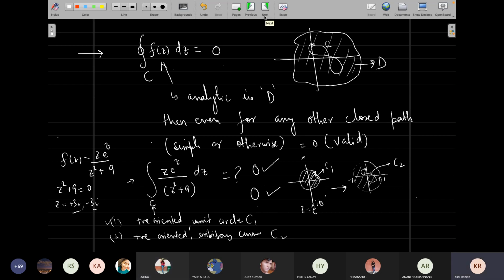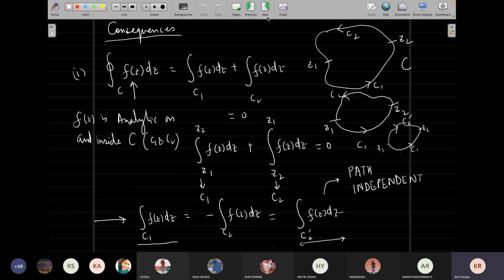So I hope you understand that I tried to explain 2 points here. One is that since the function remains analytic within or on the contour C, the result is 0 because the Cauchy-Goursat theorem is valid. And I also extended that it does not need to be a simple closed path. Simply connected domain it was, but simple closed path is no longer needed. In fact, we relaxed simply connected also to multiply connected, and then we got results like path independence of this.